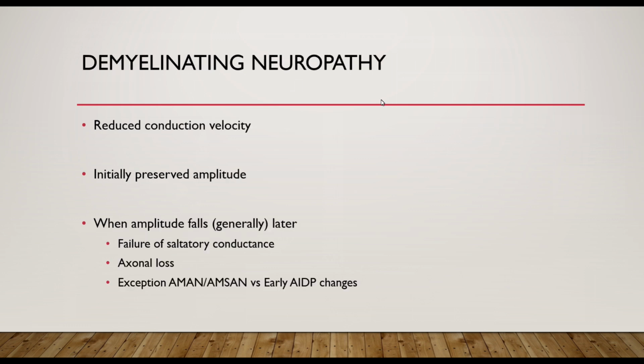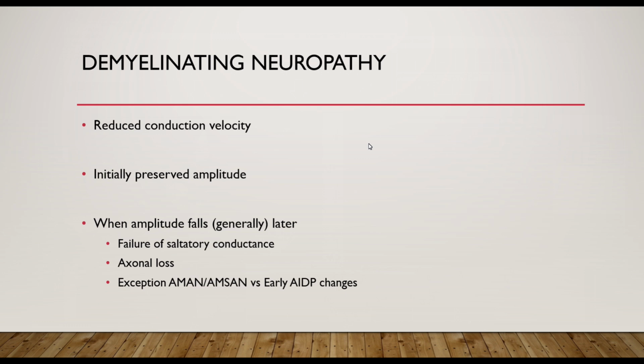In terms of the demyelinating neuropathies, we will expect to see a reduction in the conduction velocity with an initially preserved amplitude, and when amplitude does fall, and that's generally later, that's often due to failure of saltatory conductance and subsequently axonal loss. There is an important caveat I'd just like to mention now, particularly for some of the Guillain-Barrés,